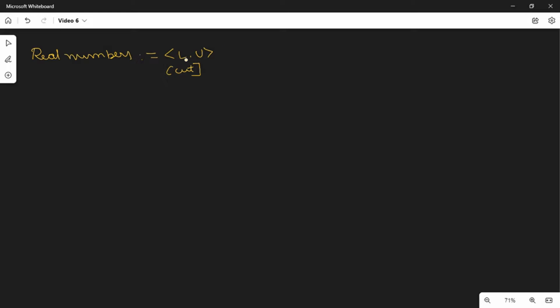So here our U is a dependent set. This set is dependent on the L, and L is a subset of rational numbers with three properties. One, L is not a null set, and L is not the whole set of rational numbers either. Maybe it is a subset, but it is a proper subset, right? So the second one is